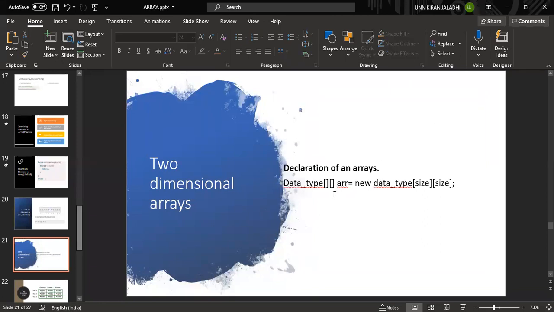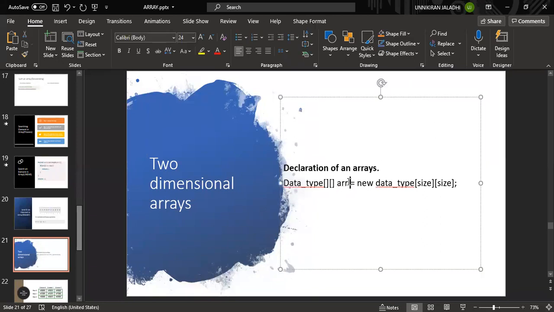The declaration is the same as an array. A single array consists of only one brace. We will call the two-dimensional array an array of arrays. Let me show that. We'll call it in this way.